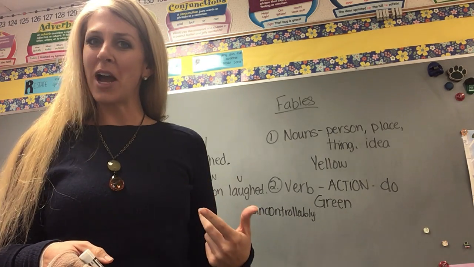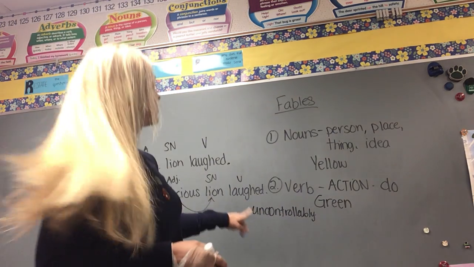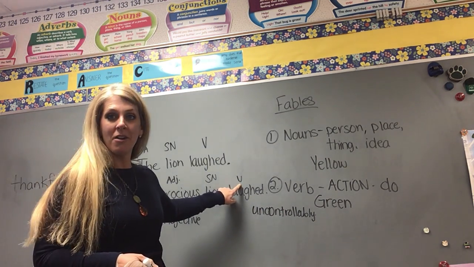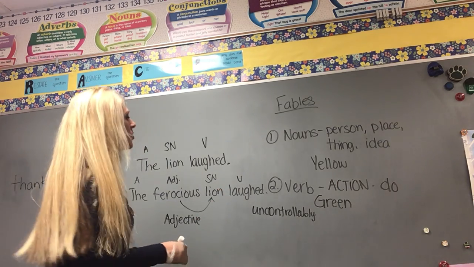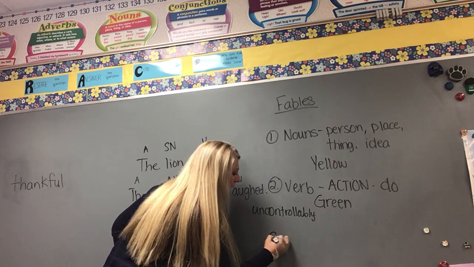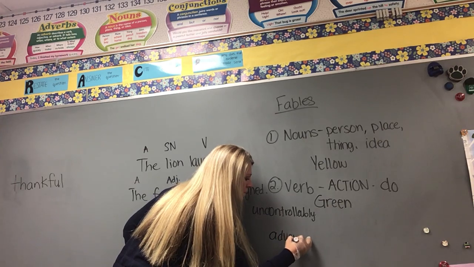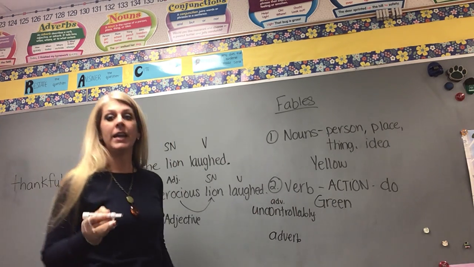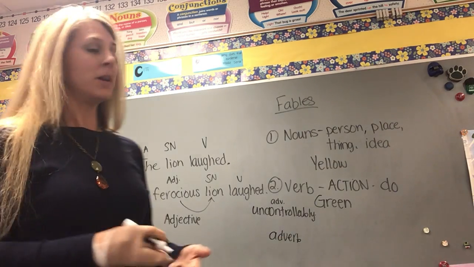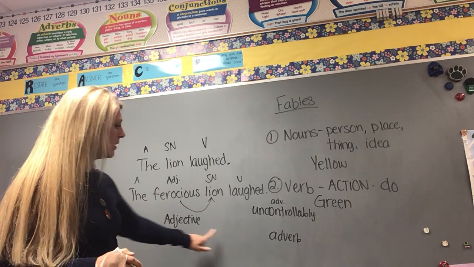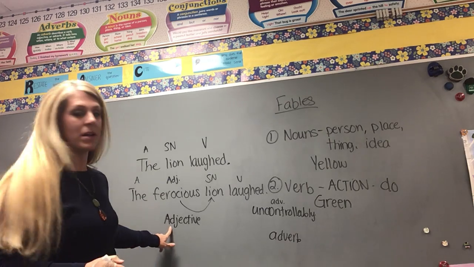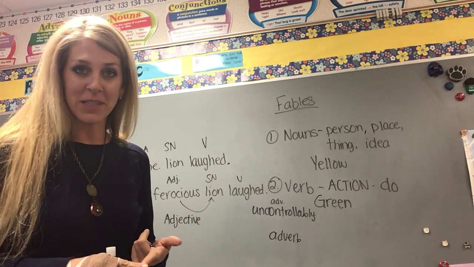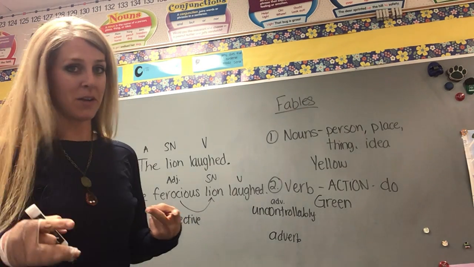So I'm not describing a noun, I'm describing the verb, right? So we're going to call that an adverb, or ADV. An adverb describes the verb. So if you can remember add at the front as being describing, adjective describes the noun, adverb describes the verb,